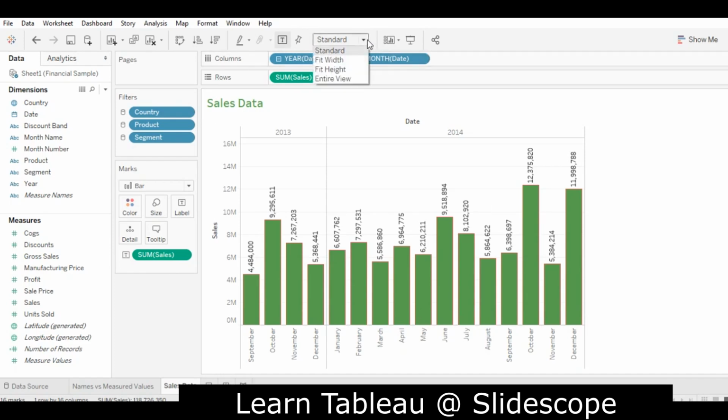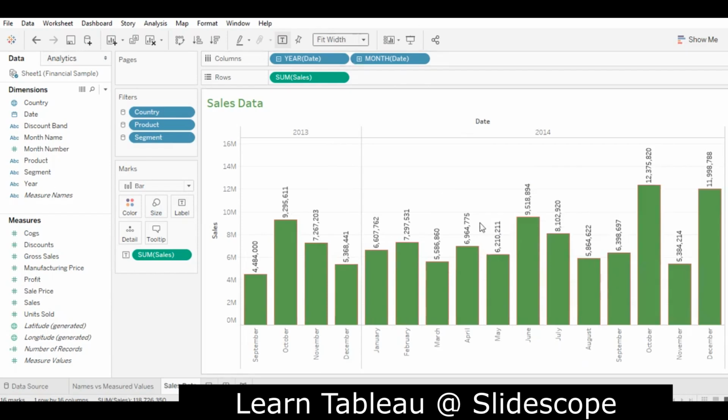Now from standard to fit width, because we have to fit the data with the 100% width, and this is our second sheet, right? This is representing sales data. On this axis we have date, on this axis we have sum of sales. Now all you have to do is, because now we want to plot year and month versus profit data also,